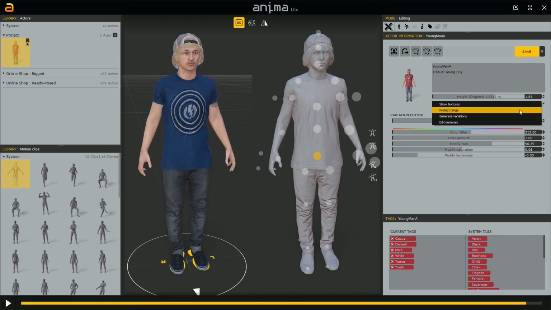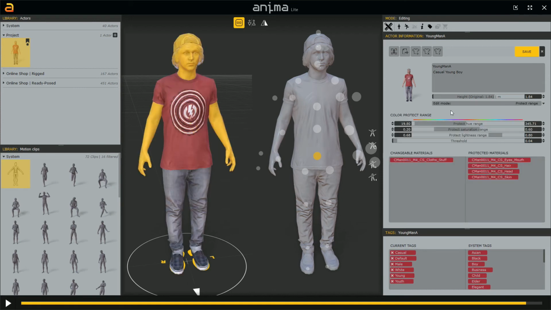Why is that? Well, we go to the protect range edit mode, and as you can see here, these yellow masks appear. These yellow parts are those parts not affected by those color variations. Okay? And this is the place where we can set these masks. First of all, we skip for a moment the color protect range section and we go directly